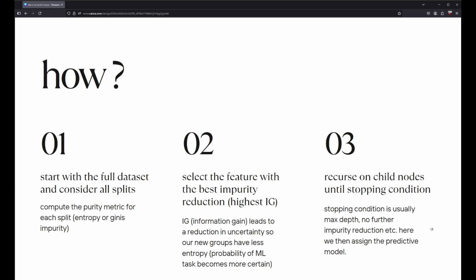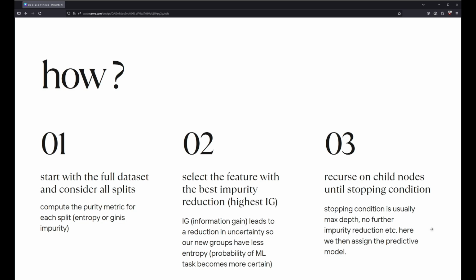So in order to do this, we have a purity metric. So usually it's either entropy or Gini's metric. Entropy is the negative sum of the probability times the log of the probability for a specific class. And this sum is over all of these classes. And Gini's impurity is defined as 1 minus the sum of the probability of the class squared. You should be able to find these on Google or on the slides, so I haven't included it for today